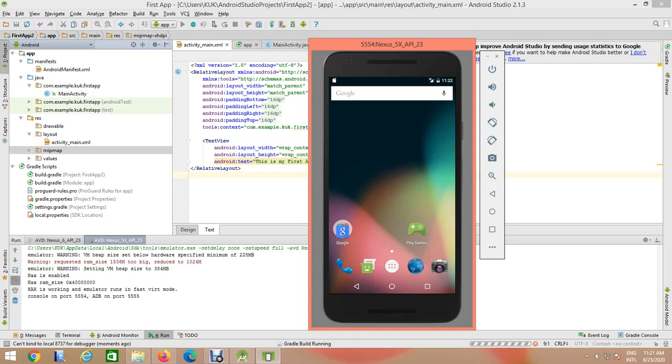Usually your app is installed in the emulator automatically by default. But in some cases, if for some reason that does not happen, we can do it manually. For that we have to remember the command and execute it at the command prompt. Then your application will be installed in the emulator. But that process we will do in the next video.